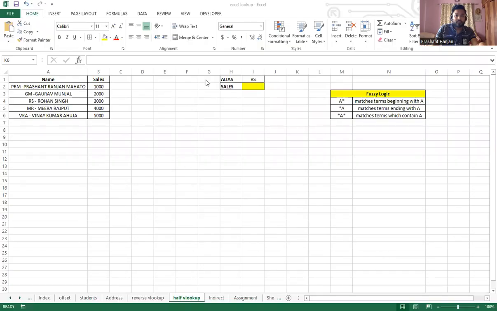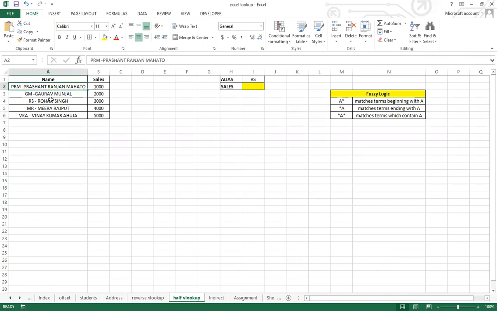So as you can see in this particular example, we have a specific list of names and their sales values. There are people who have done some sales. These names have their aliases at the beginning. For example, Prashant Ranjit Mahato's alias is PRM, Gaurav Munjal's alias is GM, and so on. And they also have their names intact. But if you look at the requirement side, we have only the alias names over here. So there is a list of alias names like PRM, RS, and all those things, and we need to extract